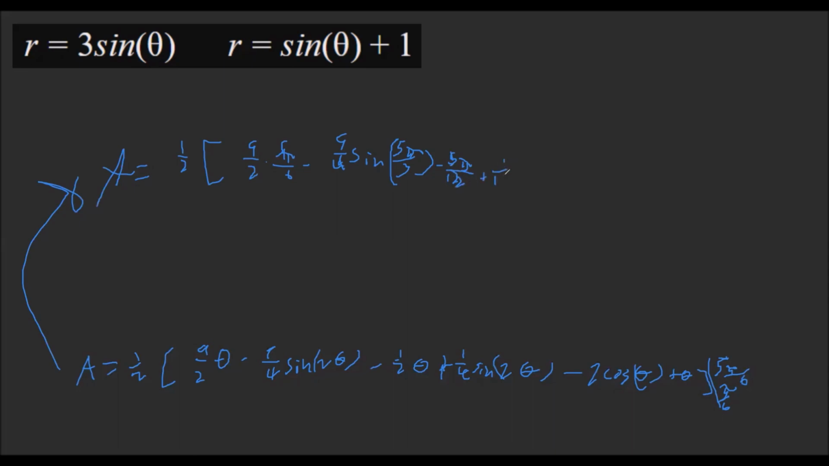Plus 1/4 sine 5 pi over 3 minus 2 cosine 5 pi over 6 plus 5 pi over 6, minus 3/4 pi, minus 9/4 sine pi over 3